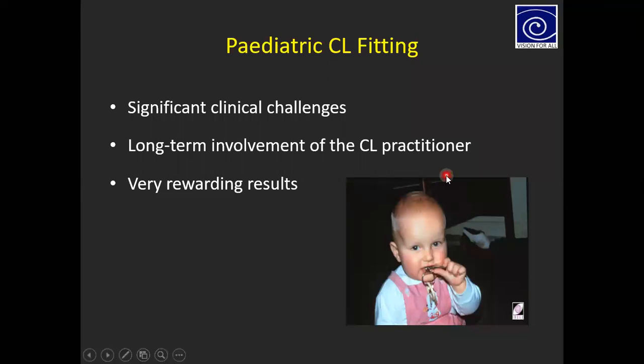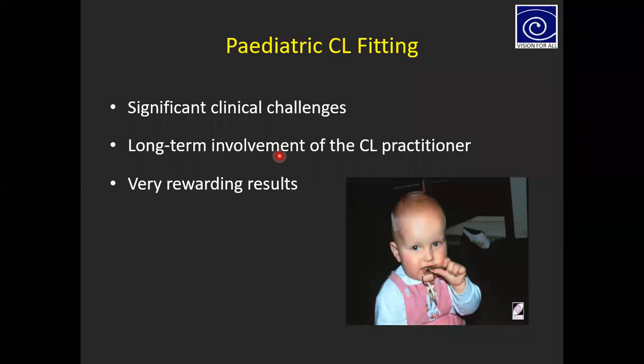Other challenges are handling, putting lenses inside the eye and then taking them out. Then the other fitting challenges would be getting an accurate refraction and K measurement. Also, the biggest challenge is to convince the parents that this child needs contact lenses.